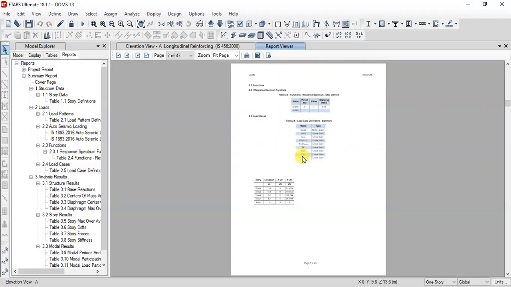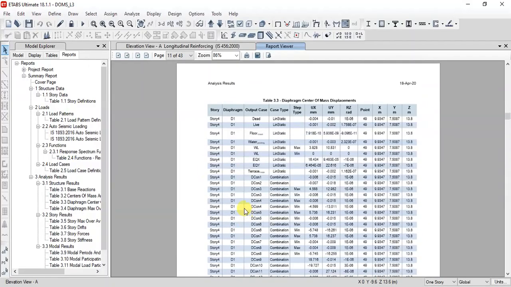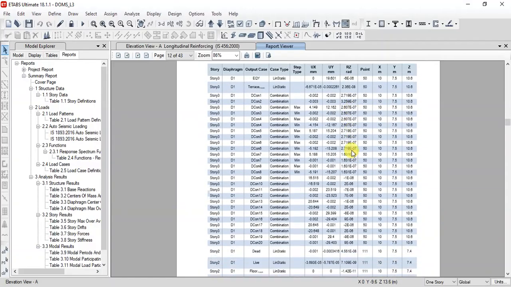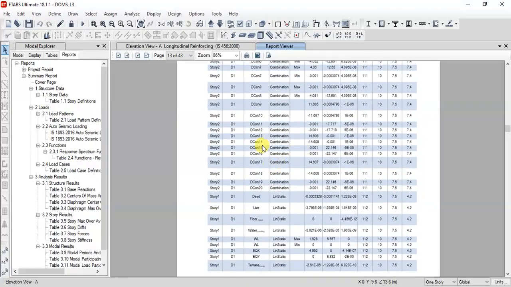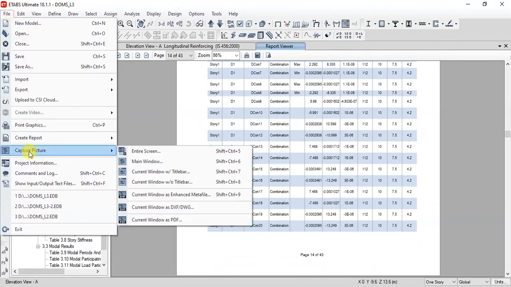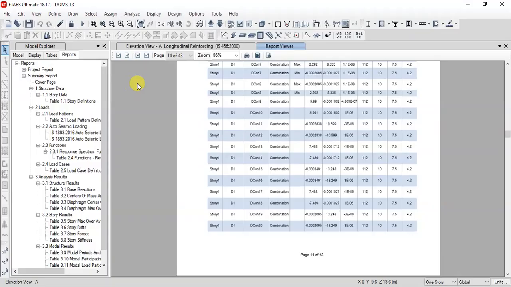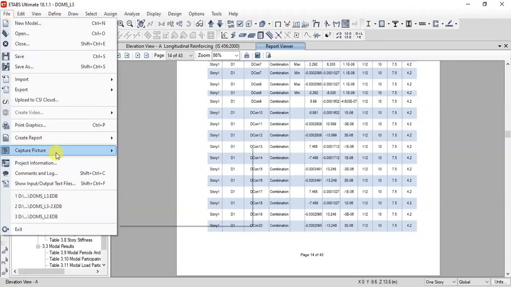the different stories. See, for example, you have story 4. At story 4, you can see the moments, and similarly you will be able to get the amount of reinforcement that has been provided. So all those details are available in this report. Or if you want, you can copy this, save it, or print it, take a printout, or export it to some Word document. Clicking on this, you will be able to export these details into Word, or even take a printout.